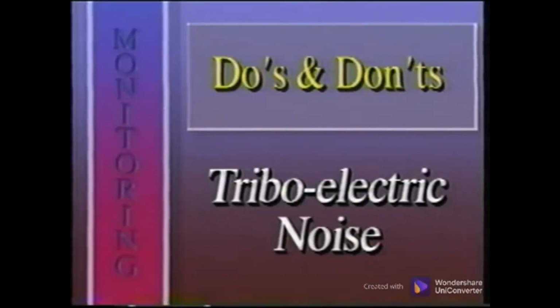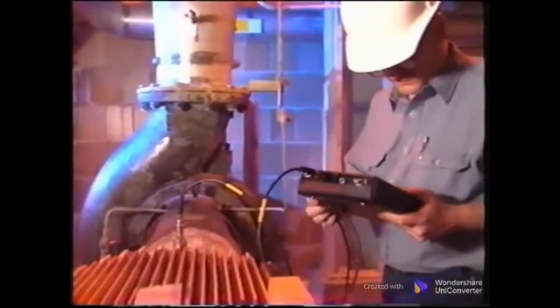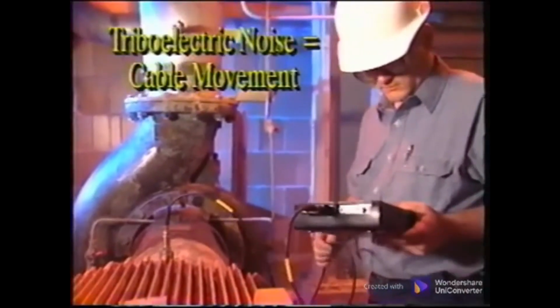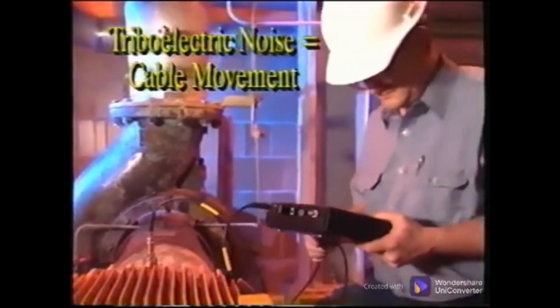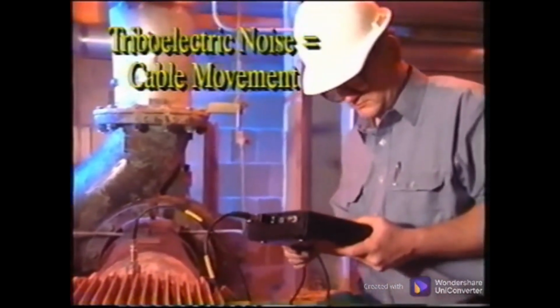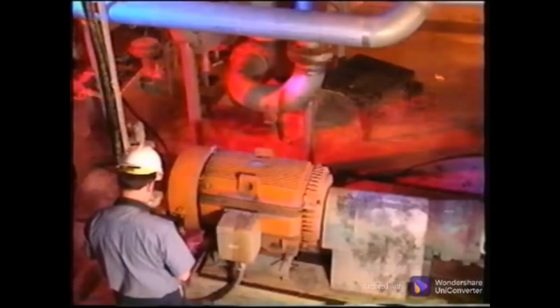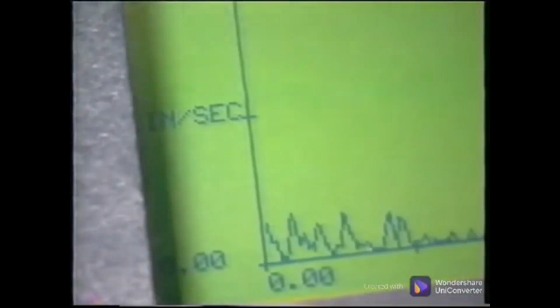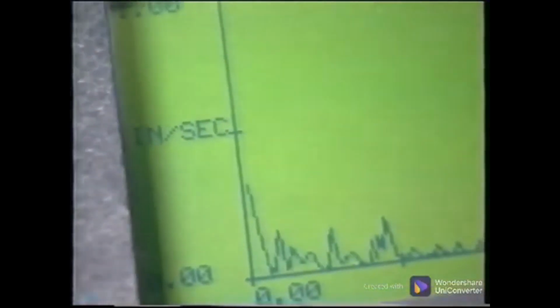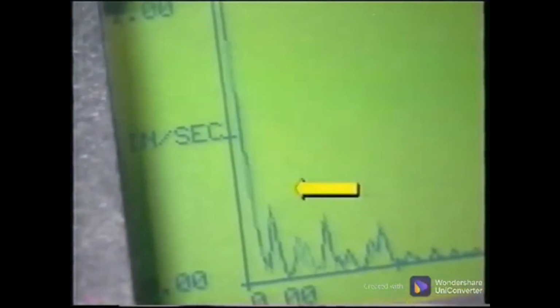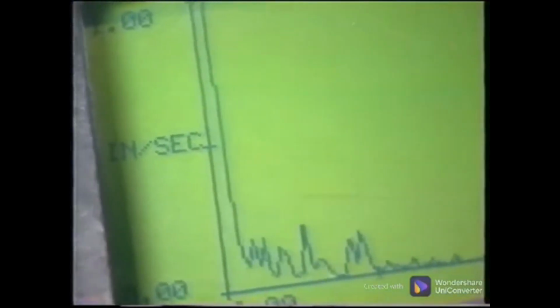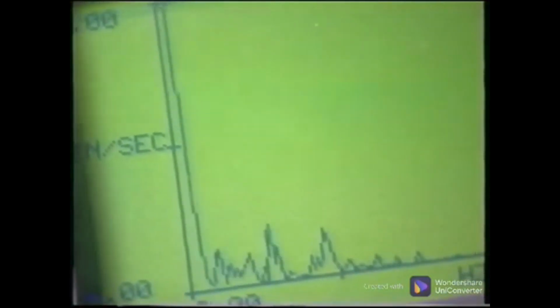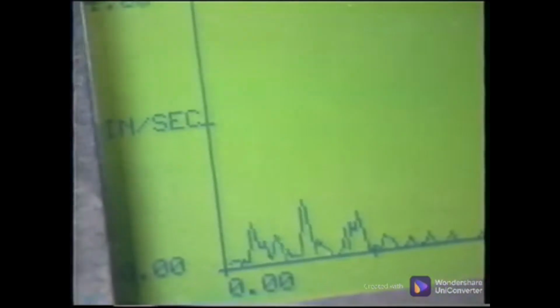Another common data corrupter is the effects of triboelectric noise. All this means is slight movements of the cable during data collection produce changes in the way signals travel through the cable, and these changes are magnified by the signal processing. Let's look at the effect of cable movement during data collection. Notice the sudden rise in energy at the low frequency end of the spectrum. This is often referred to as a ski slope because of its shape, but is commonly due to triboelectric noise